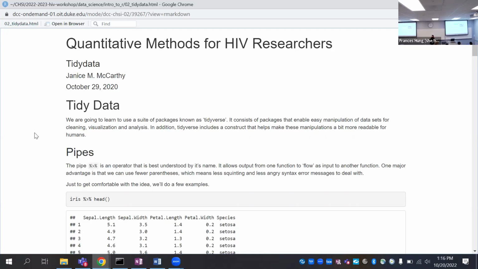We're going to talk about pipes. Remember last time we learned that we can put together functions and objects like this, for example, where you have the function mean and you have some sort of vector of numbers. We're going to flip this on its head and make it a little easier to read by using something called pipes.